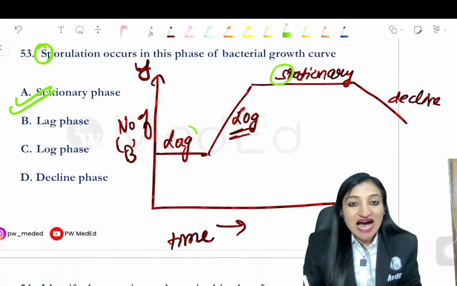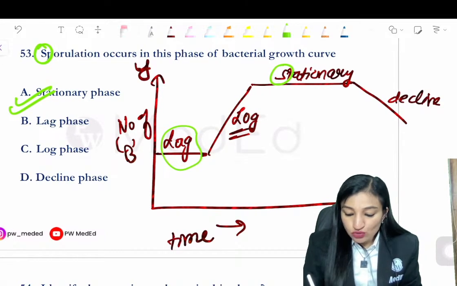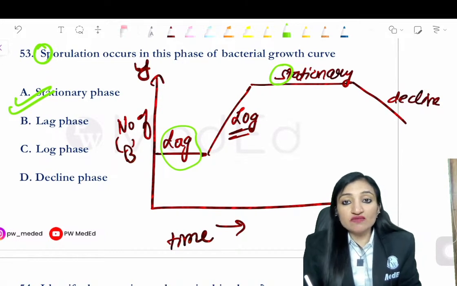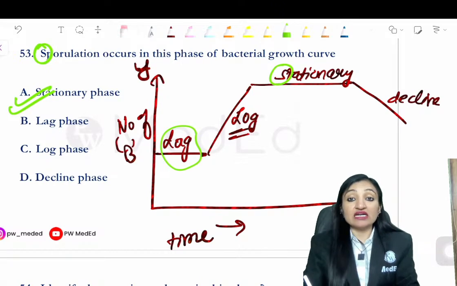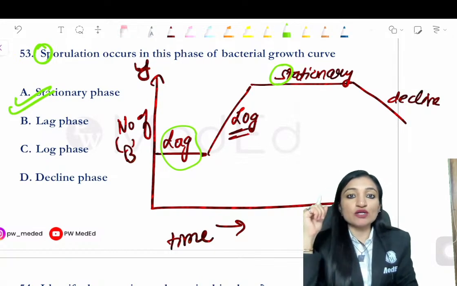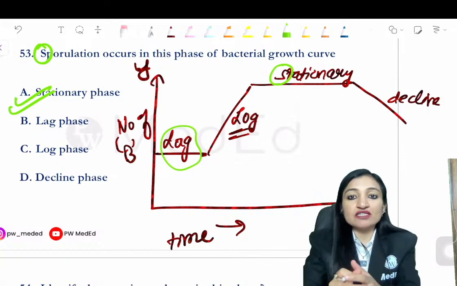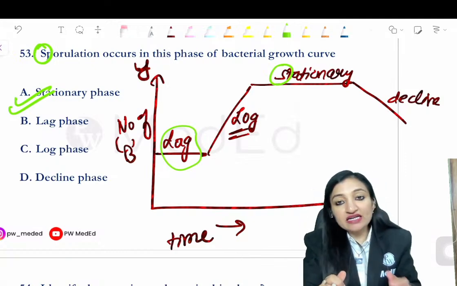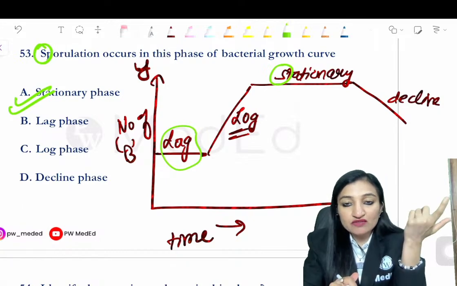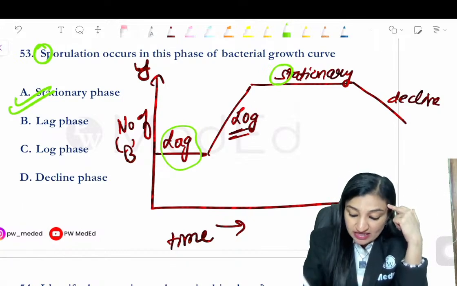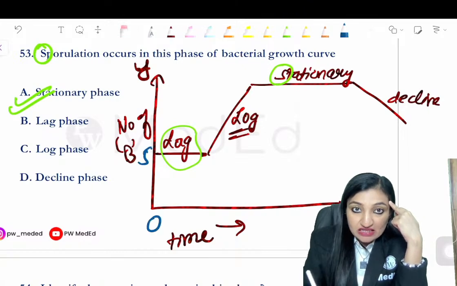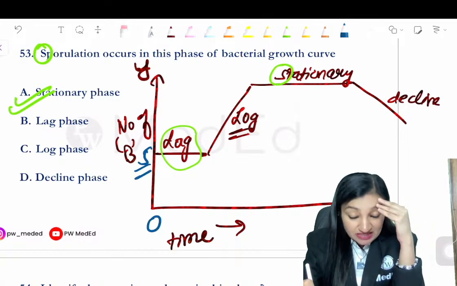Okay, in the lag phase, what happens? This bacterial growth curve is plotted when we add bacteria to a liquid culture medium and see how it grows. When we add the bacteria to a liquid culture medium, is it a favorable or unfavorable condition? It is definitely favorable because nutrients are plentiful, so bacteria will start to divide. Let's say at time 0, I add 5 bacteria to the broth. But these bacteria,